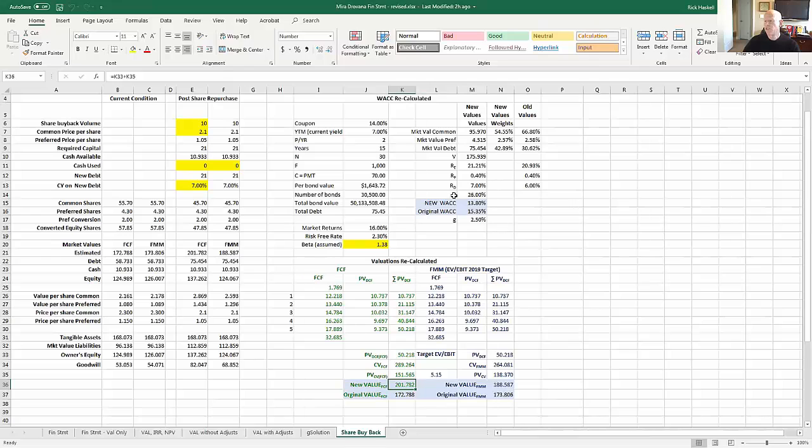Everything else I have here is just so that you can see what's going on, so you can see some of the differences, and maybe so we can calculate them to put them into some of these new cells. So let's look at what's happening here. I'm doing a post share repurchase condition here, so this now is after the share repurchase. And in this, I'm saying that we're buying back 10 million shares. We're buying them back at a price of $2.10 per share for the common. Well, that's interesting.